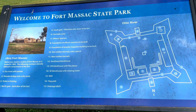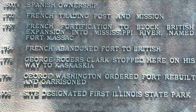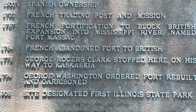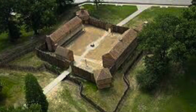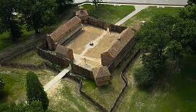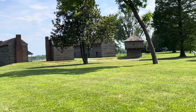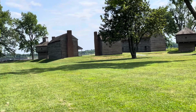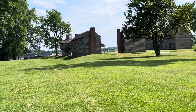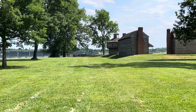Fort Massac sits on the north side of the Ohio River, across from Paducah, on the outskirts of Metropolis, Illinois. And we'll talk about Metropolis here in a few minutes. It was built by the French in 1757 during the French and Indian War. The French left the fort at the conclusion of the war, and it was destroyed by the Chickasaw Indian Nation sometime after 1763. In 1778, during the American Revolutionary War, Colonel George Rogers Clark led his regiment of Long Knives